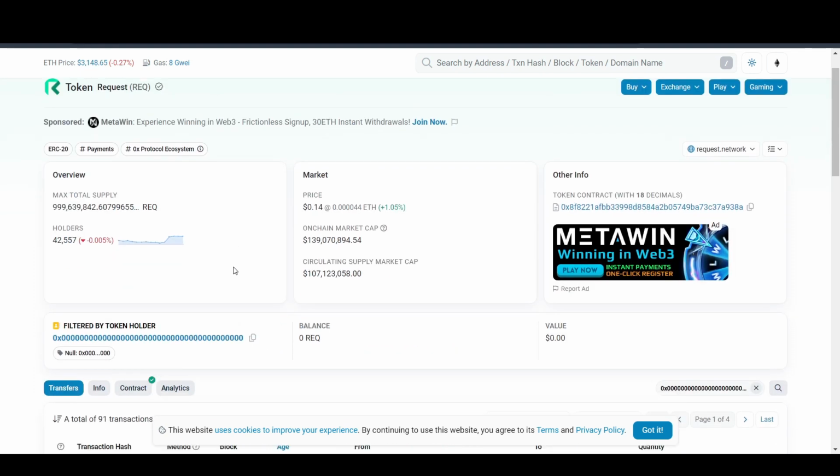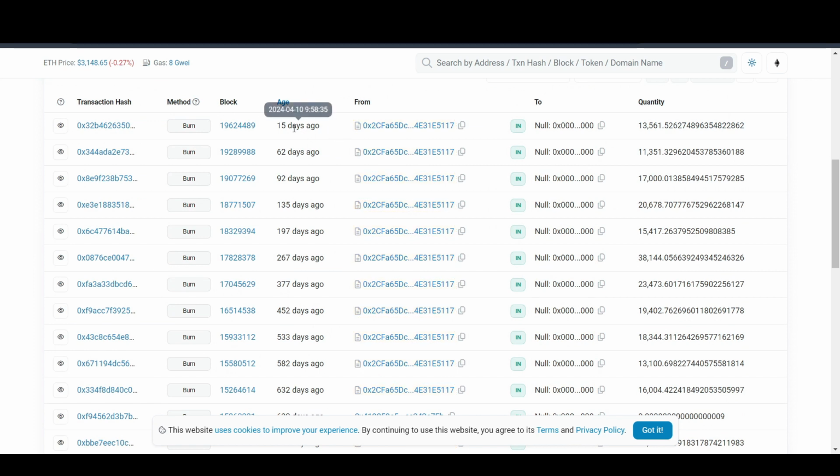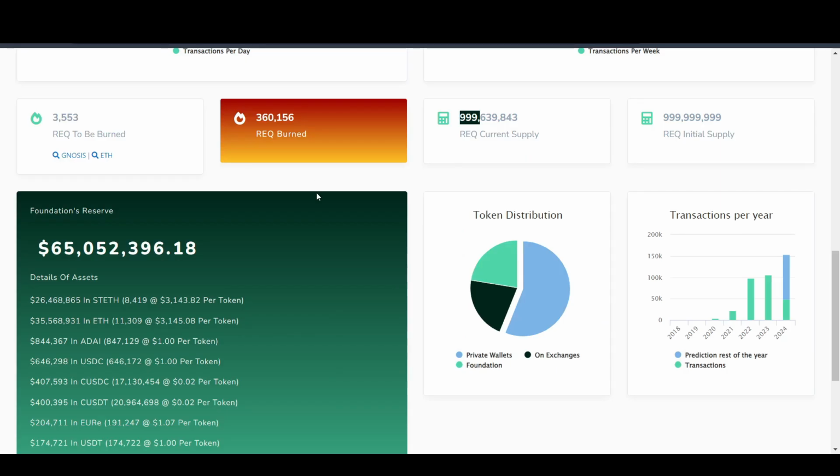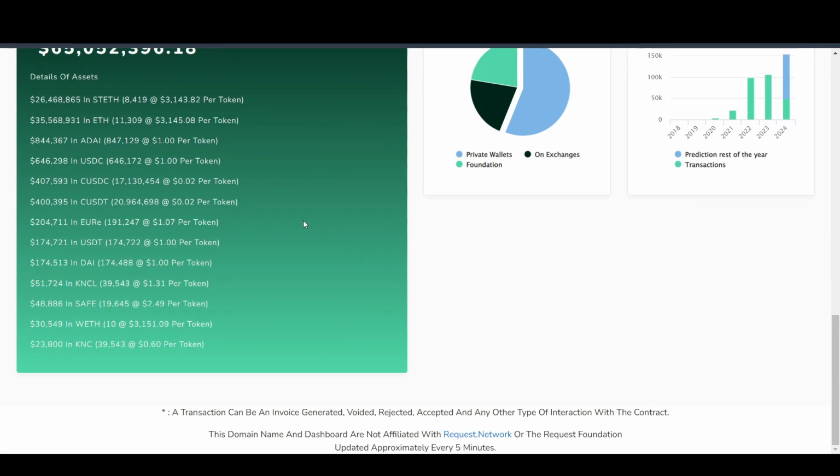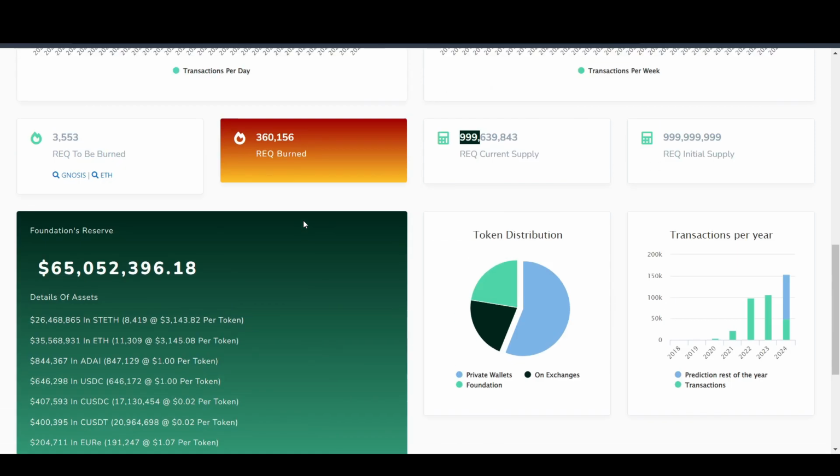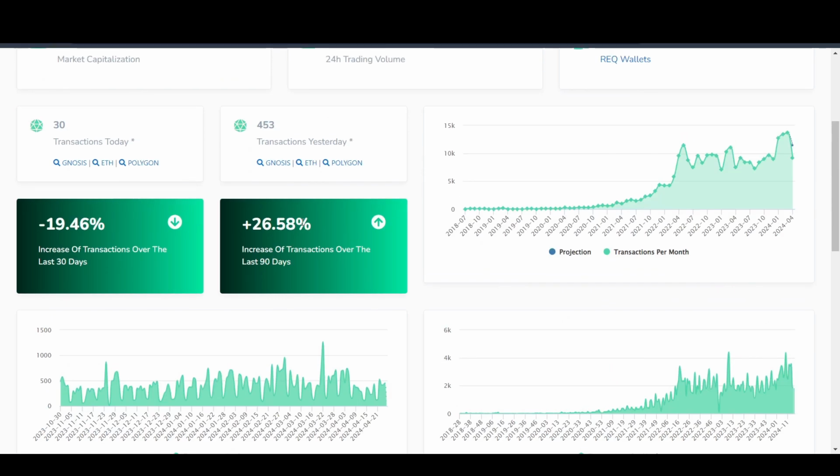And this is their burn address. As you can see, the last burn we had was around 15 days ago, so I think this is a bi-monthly burn or something like that, unclear, but it shows here. There is a problem with this one: on the official docs or their official Gitbook, they don't have any information regarding their coins, so you have to keep that in mind.